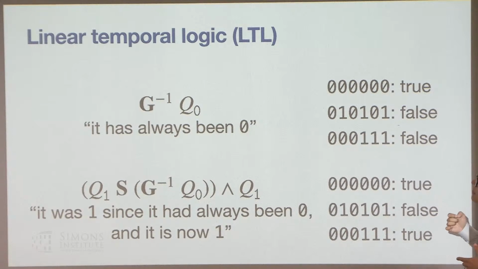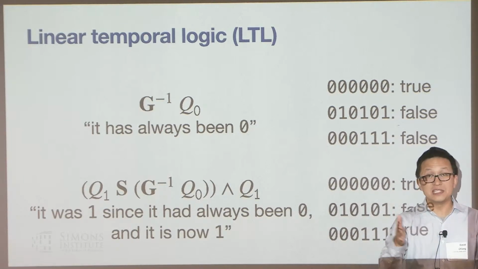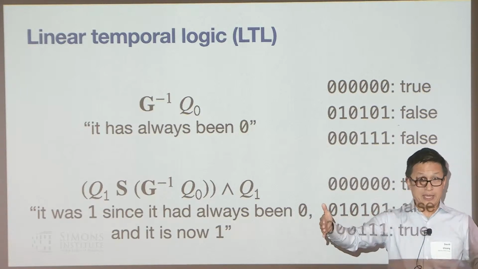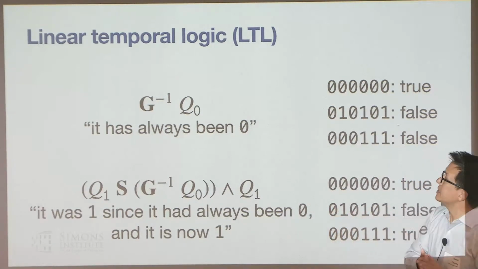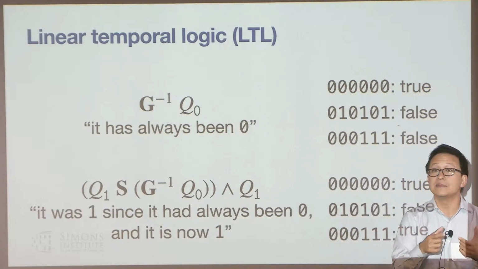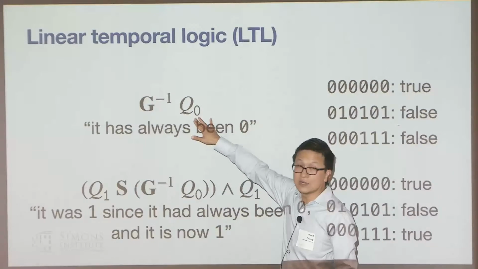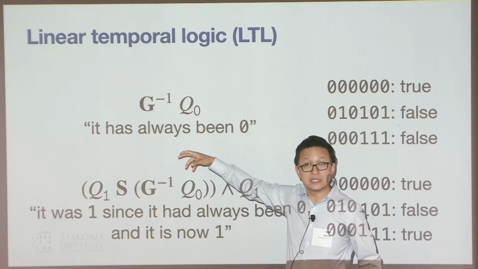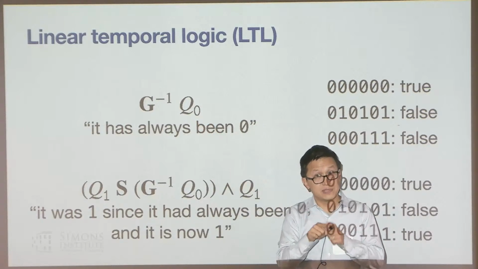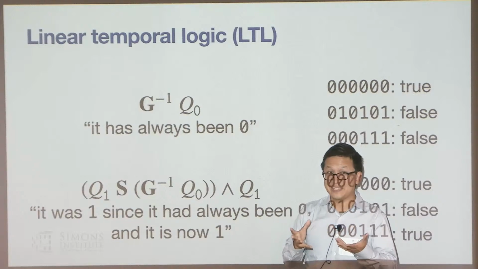In linear temporal logic, think of position as time. So think of the first position of the string as being the earliest in time, and the latest position of the string being the latest in time. And every single subformula of a formula of LTL depends implicitly on this time variable. So we used to say Q0 of X, but now we just say Q0 because implicitly it's depending on the time. So you can think of Q0 as at the current position or at the current time, the symbol is a 0. Does that make sense?